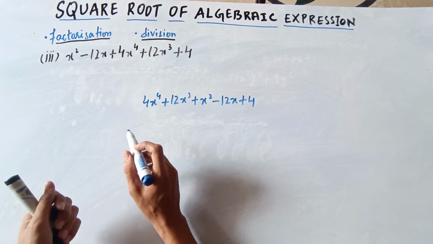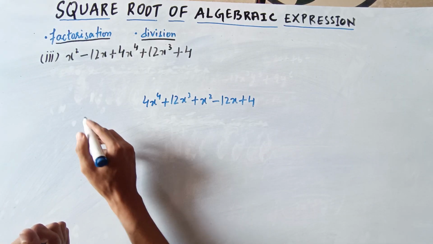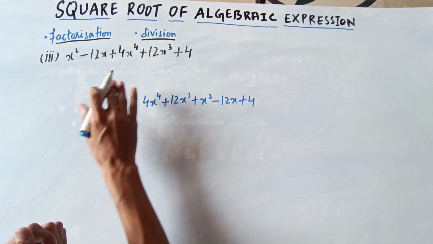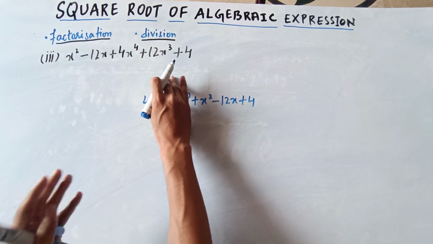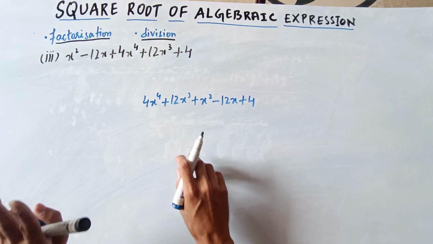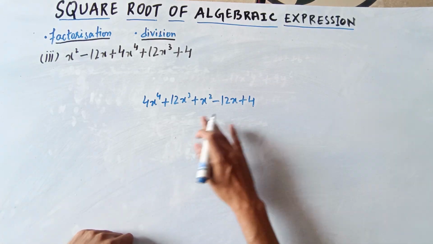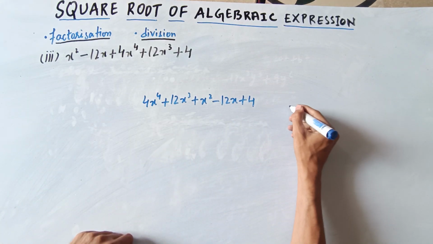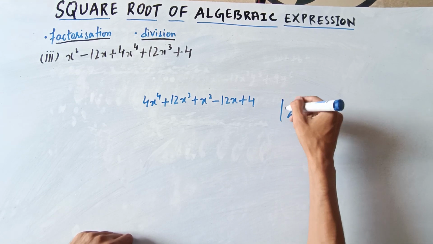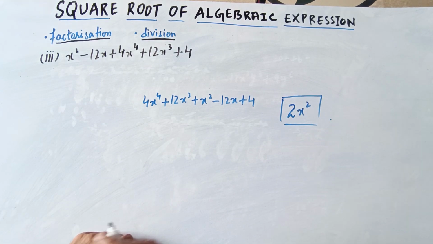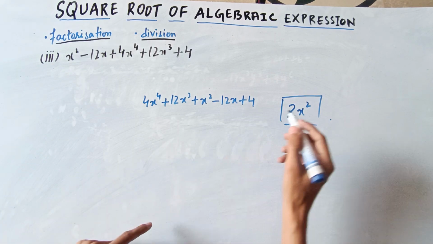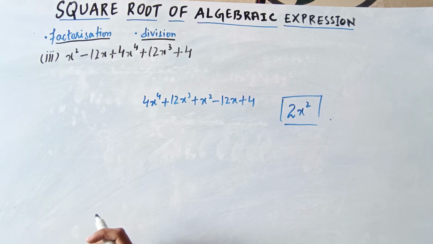Right now it is 4x power 4. So what should you write in the divisor to cancel it? Because whatever you write in the divisor, you need to write it in the quotient as well. Remember, whatever you write here, you will write it in 3 places. How will we do it? Let's see. So first of all, it is written 4x power 4. So 2x square is the term that will help you. Why? Because the square root of 4 is 2, and remember that 2 2s are 4, and x square multiplied by x square will give you x power 4.